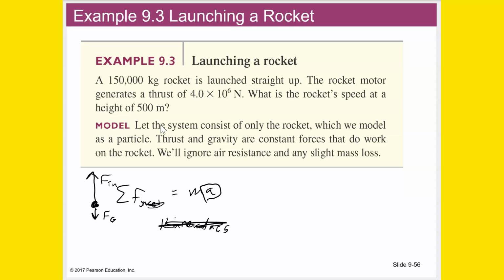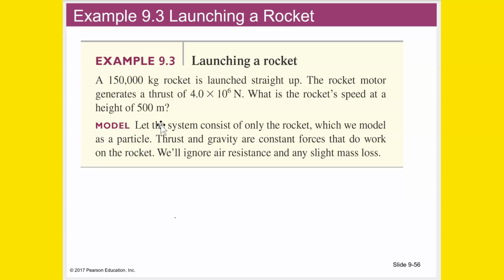And then once we found A, we would then go to kinematics. Once we get A, we'd do kinematic equations to try to figure out the answer to this problem. The energy paradigm that we're learning now gives us another way to analyze these problems. We can do it according to work and energy. So let's say the work done by the motor is equal to the force of the motor times, let's just say delta y. In this case, delta R, we'll just say delta y because it's going up and down.